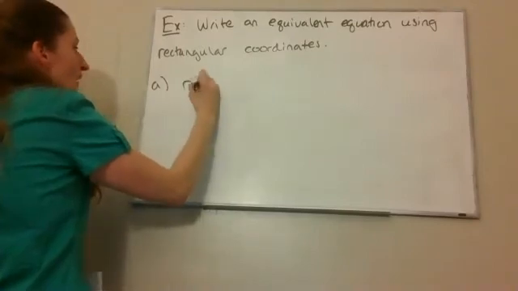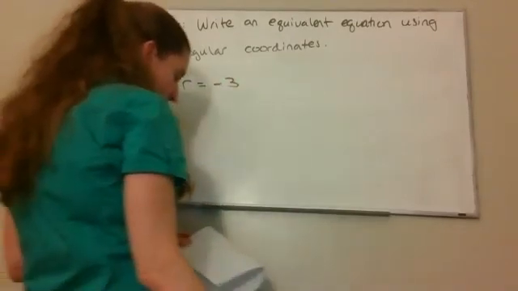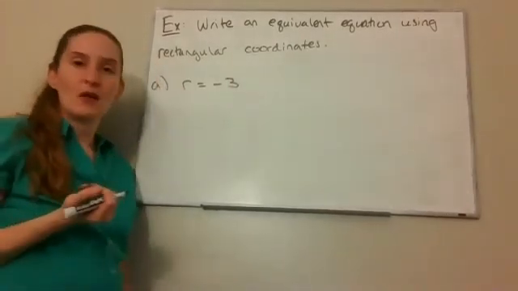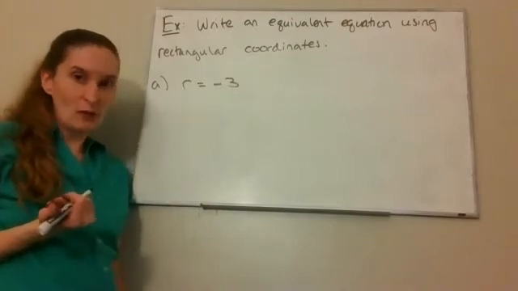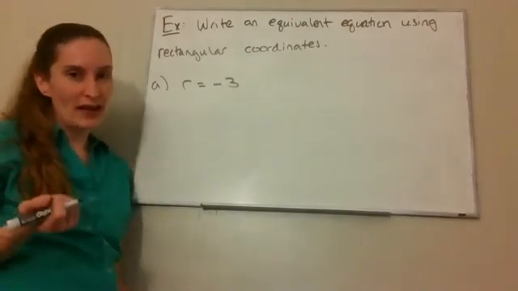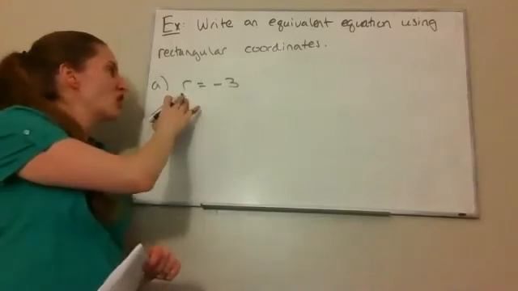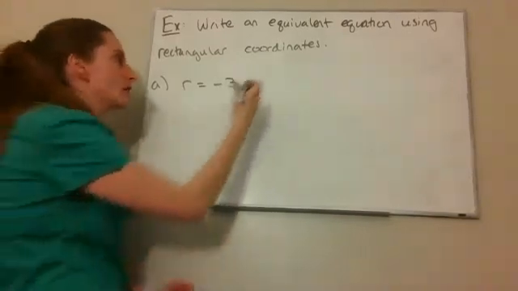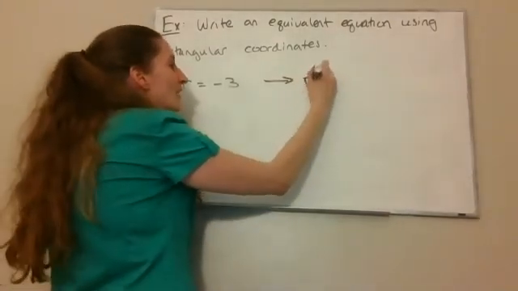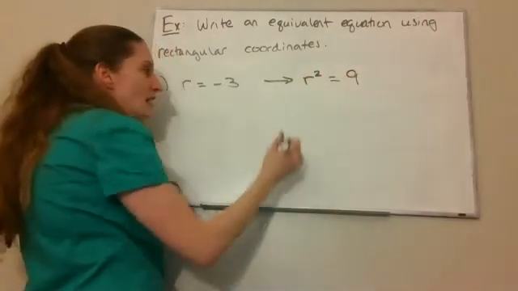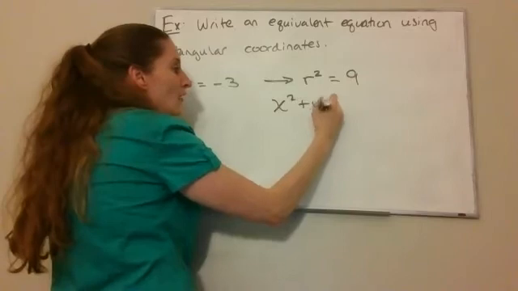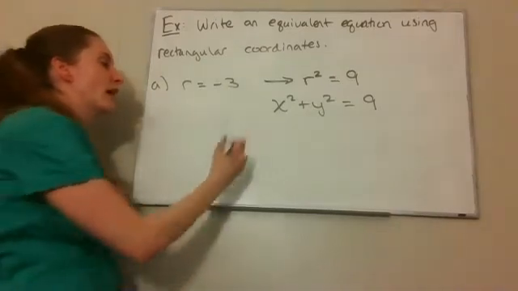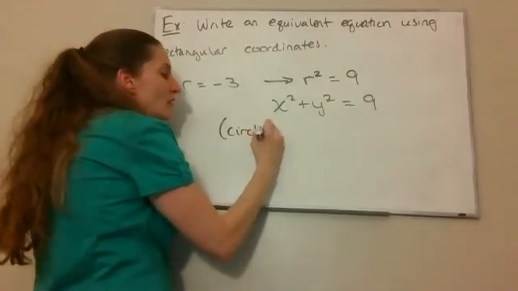My first one, r equals -3. Well, one thing that I can do is think about all of the things we know. We know r squared is x squared plus y squared. Tangent theta is y over x. So I can change this into something I work with if I square both sides. That will get me an r squared. So if I square both sides, I get r squared equals 9. And then r squared is the same thing as x squared plus y squared. So I get x squared plus y squared equals 9, which we know